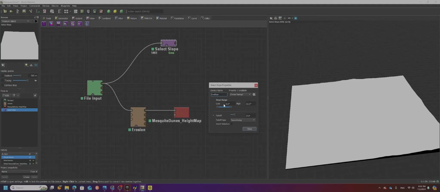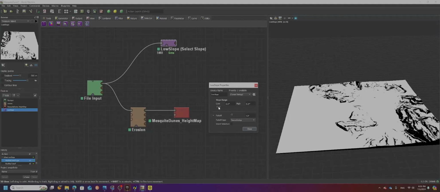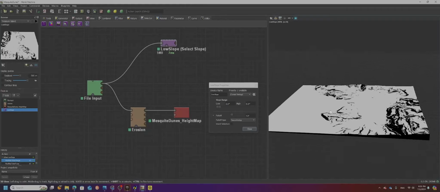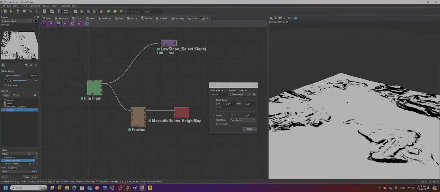And right here, my slope range, I'm going to drop this down kind of low because my terrain's so low. I'm going to change my fall off. And this really is not doing what I want it to do. I have to push that really far down there to be able to get any change, because this is such a flat area. Okay, all right, so now I've got some there, and I'm actually probably going to change my fall off to